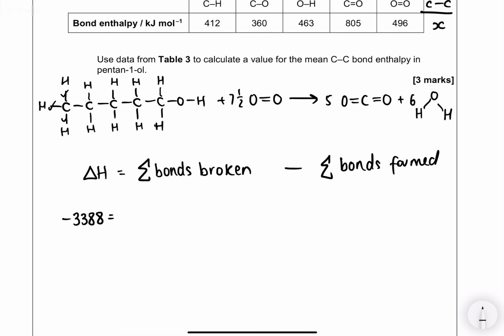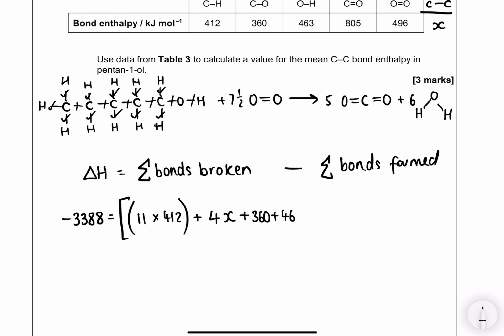We've got 1, 2, 3, 4, 5, 6, 7, 8, 9, 10, 11. 11, so big bracket, 11 times 412 plus 1, 2, 3, 4 C-C, so 4 of our unknown, plus a C-O 360 plus an O-H 463 plus 7.5